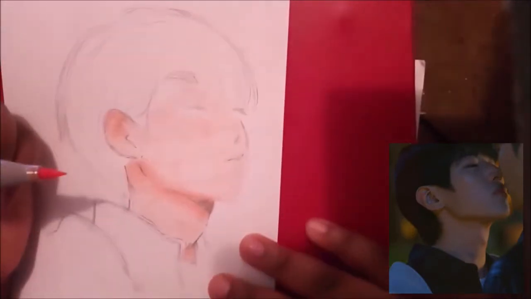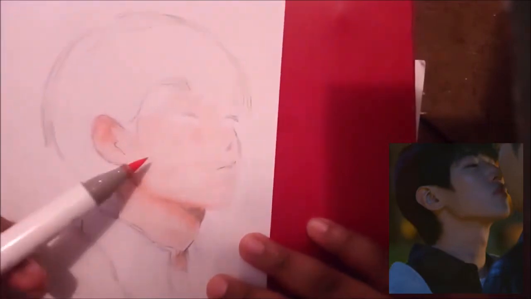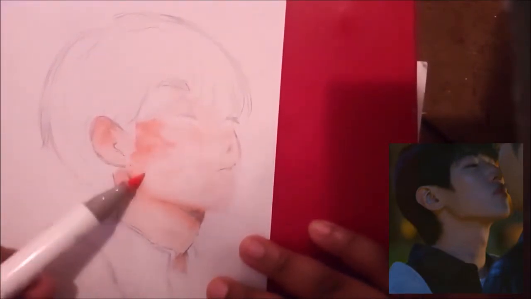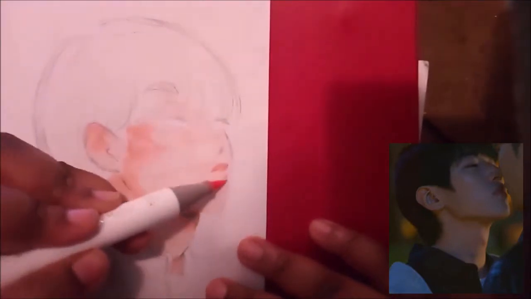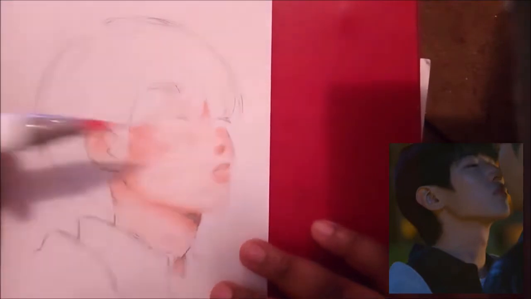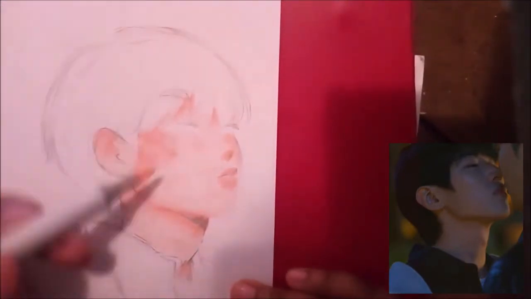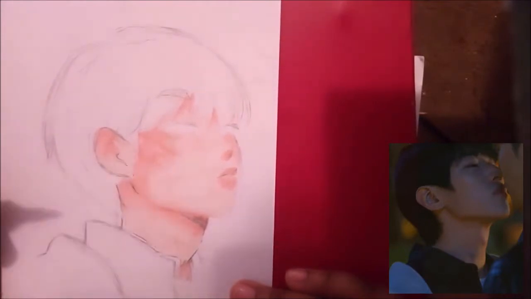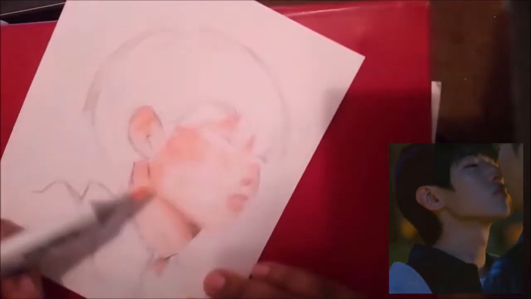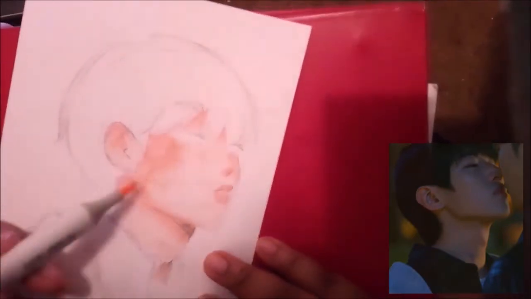But for this picture that I referenced this character from, he has a lot of different light sources. He actually has the blue light on his face, so I just wanted to do the base colors first, so when I add the blue on his face, it won't stick out like a sore thumb. But when I did add the blue on his face, I was like, bruh, I messed this drawing up. I literally just didn't like it.